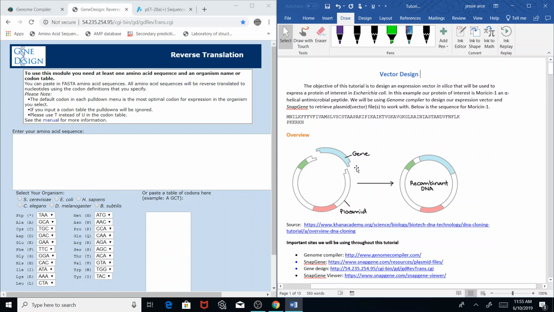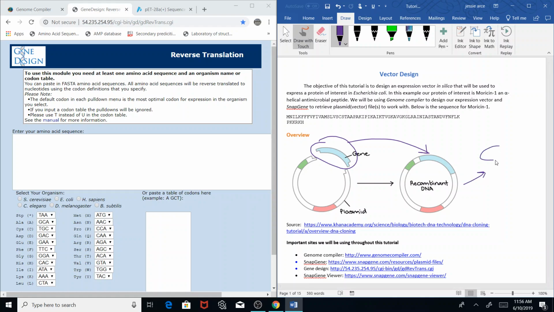And then here's an overview. Our goal is to take a gene, insert it into our expression vector, and this will be done in silico. So we're planning this out to see whether, once we take the gene of interest and put it into a plasmid, our expression vector, and insert it into an organism such as E. coli,